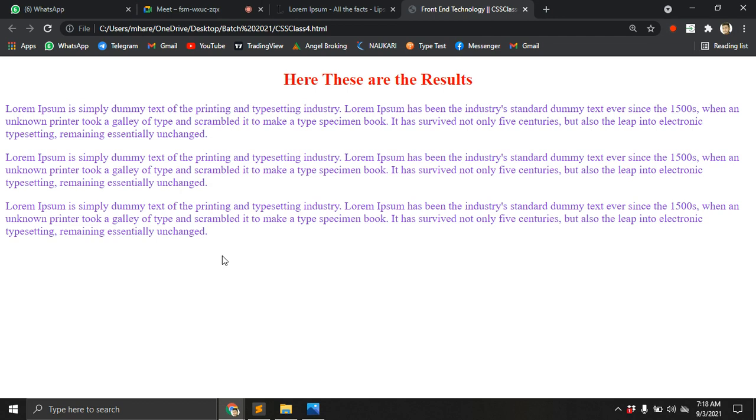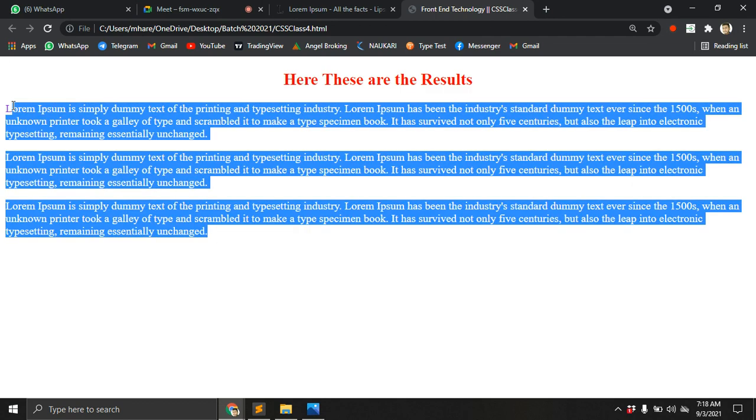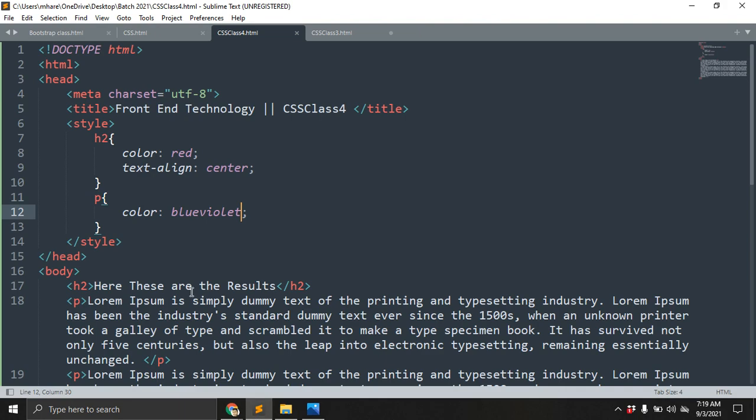This is all our content. We are discussing padding. Just I'm giving padding here.